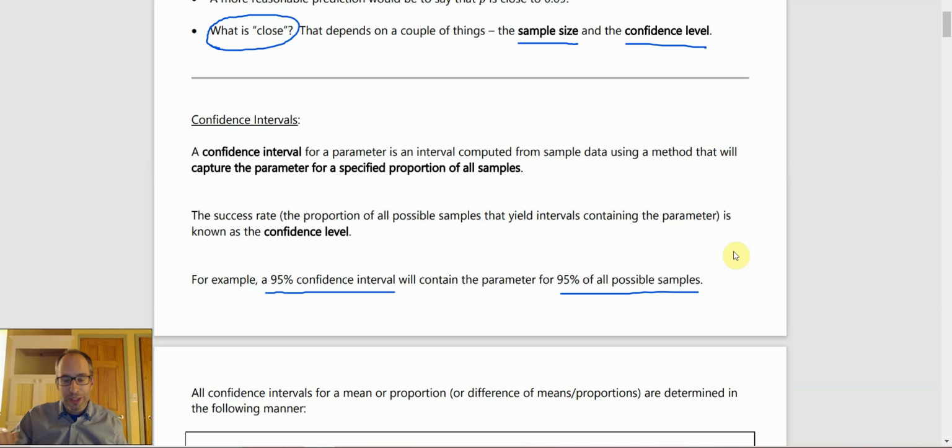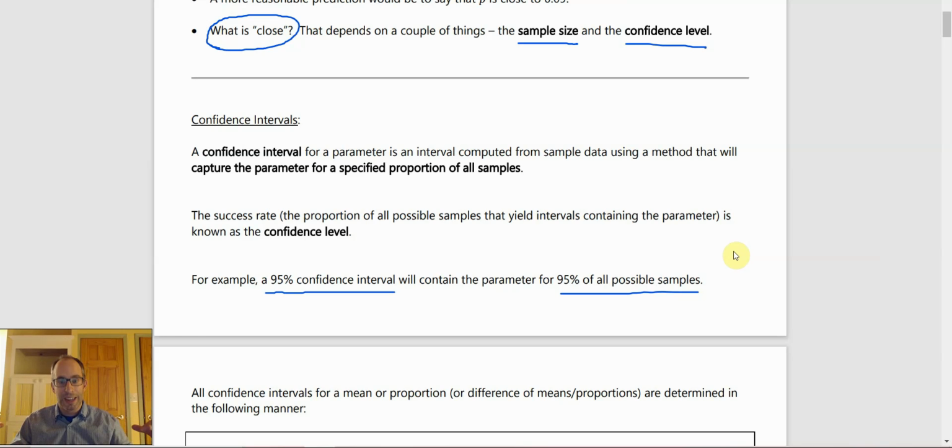The thing that's going to be sort of cryptic, I suppose, is that in reality, we're only going to have one sample. We're not going to have all possible samples. So we're never going to know for sure if our one confidence interval is capturing the parameter or not, because we're not going to know what the parameter is, right? So maybe it does, maybe it doesn't, but our confidence level will make us feel a little bit more comfortable